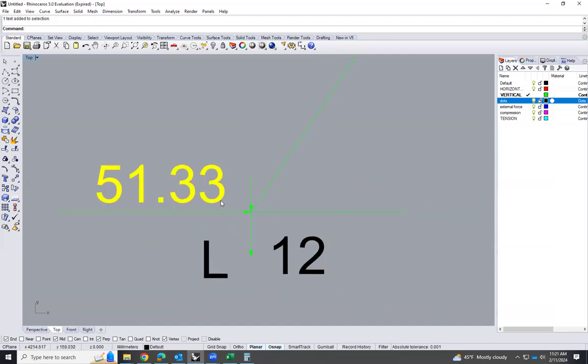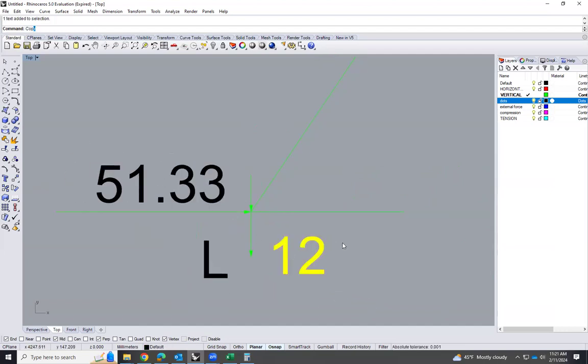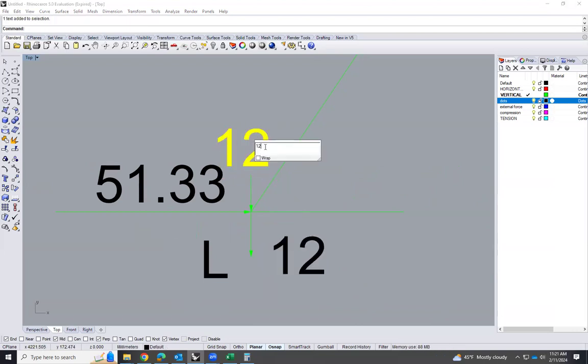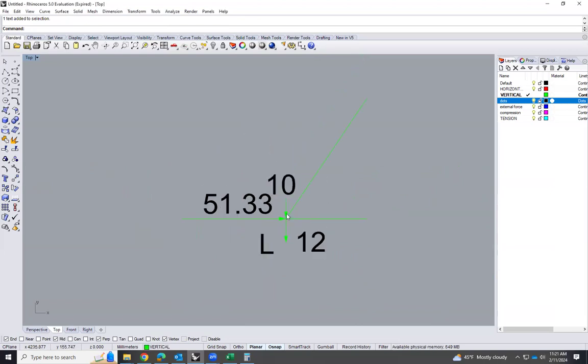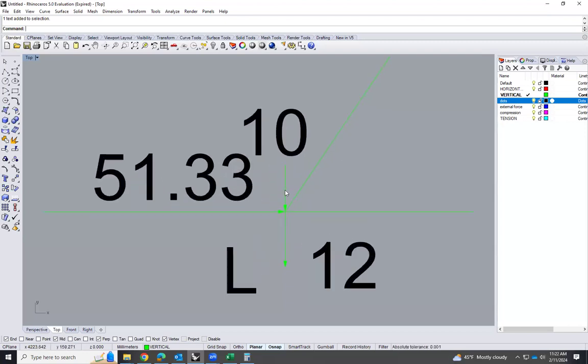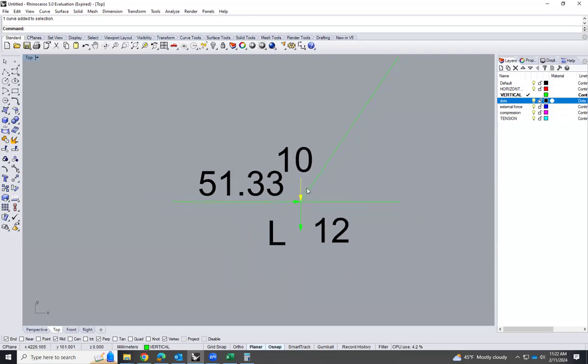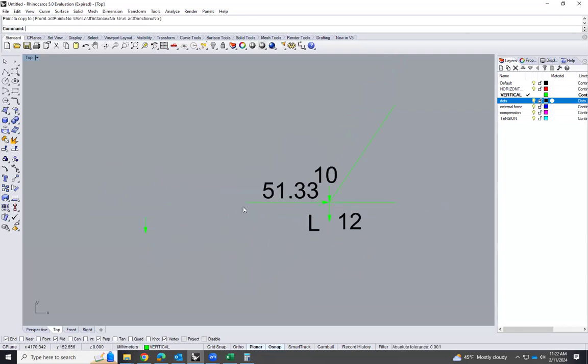Okay, so that would be 10. And now I have two unknowns. So now let's analyze this point. I have 10, 51.3, then 12, and then this one and that one. So the first one, 10, goes down. The second one, this one,